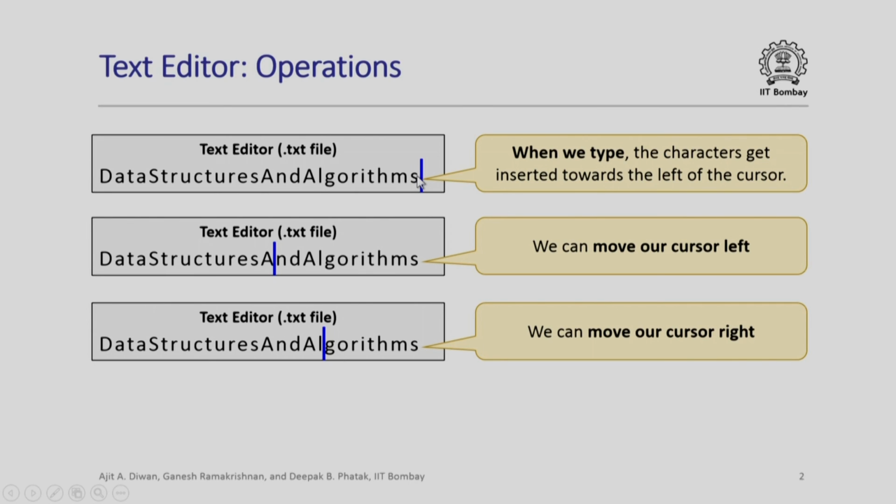In any text editor, we are able to move the cursor. For example, we can move the cursor to the left, we can move the cursor to the right. At the cursor point, we have the option of inserting a new character or deleting a character either on the left or right of that character. How can we simplify this notion of inserting or deleting characters at the cursor and moving the cursor to the left and right? Using stacks.